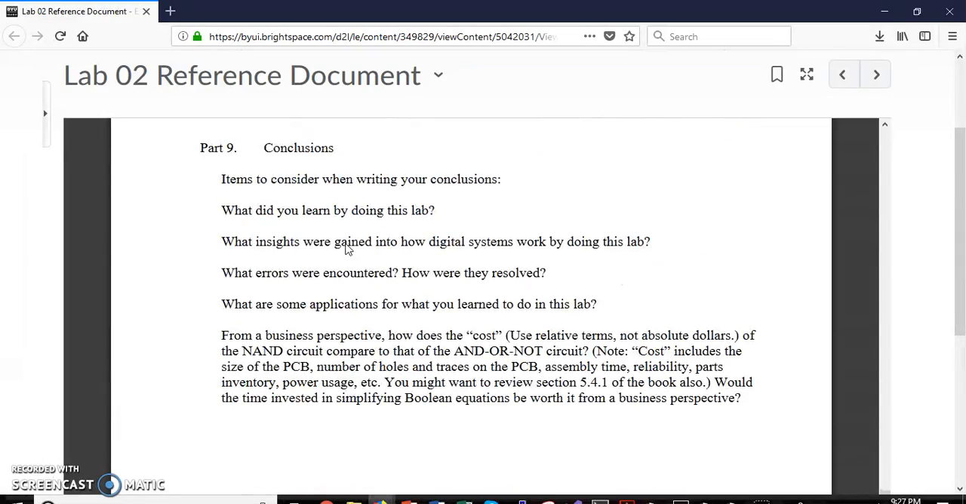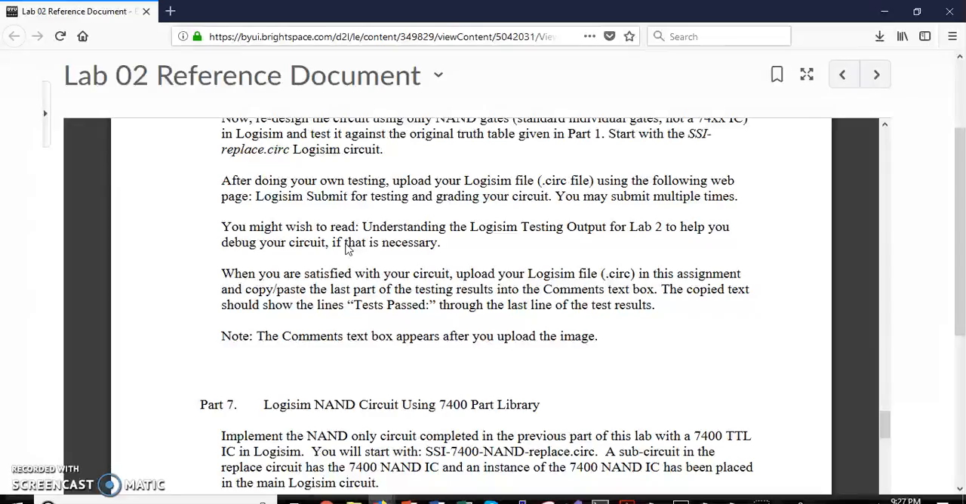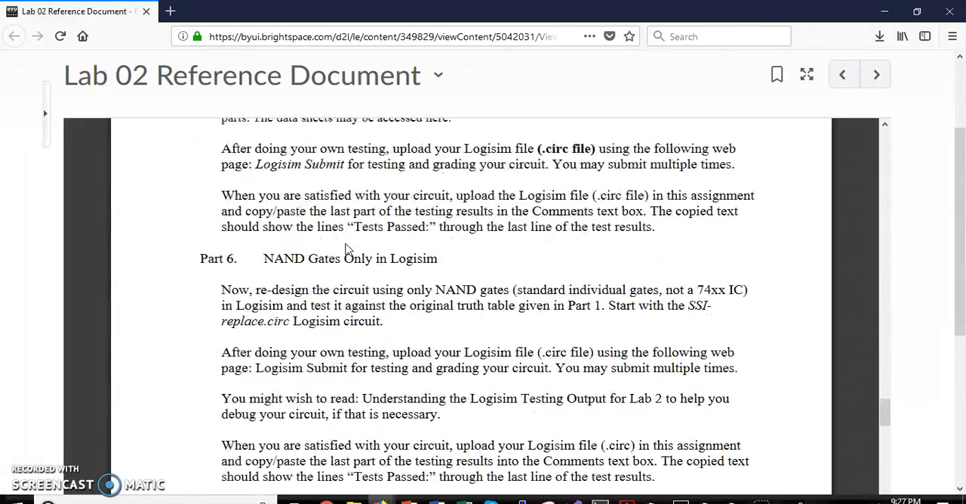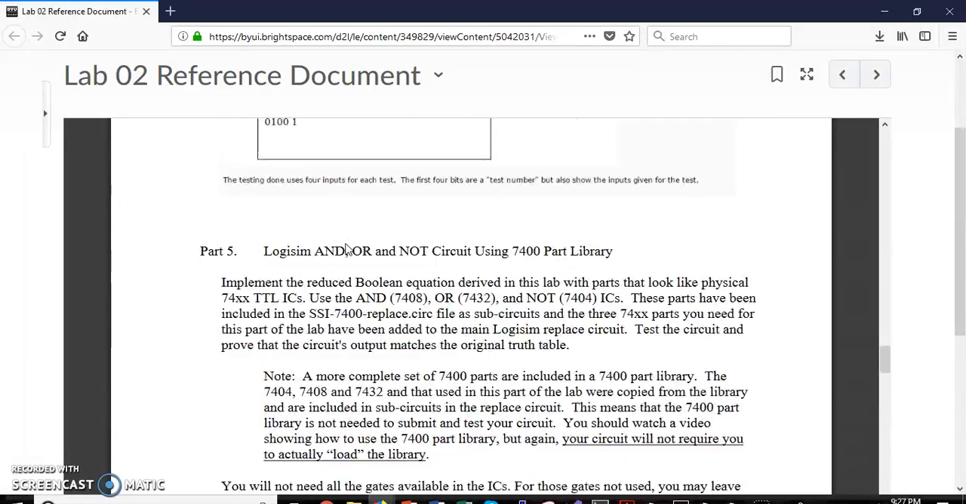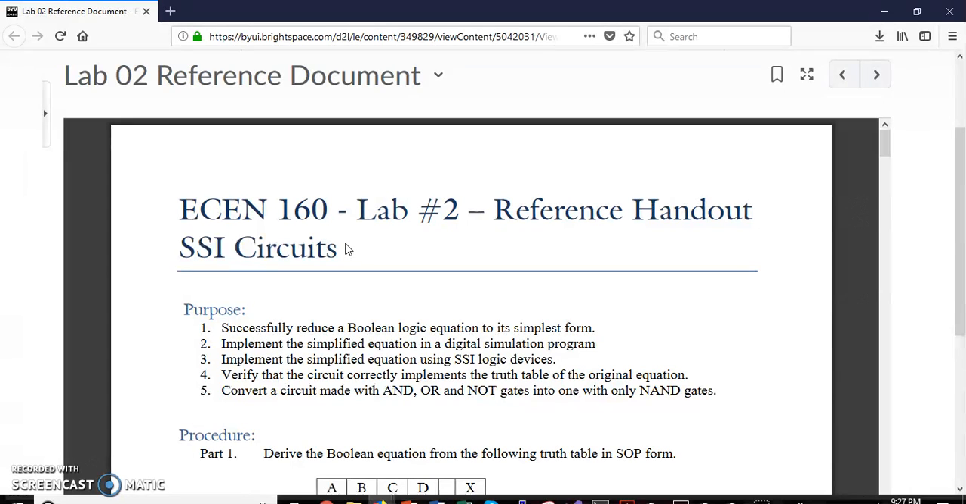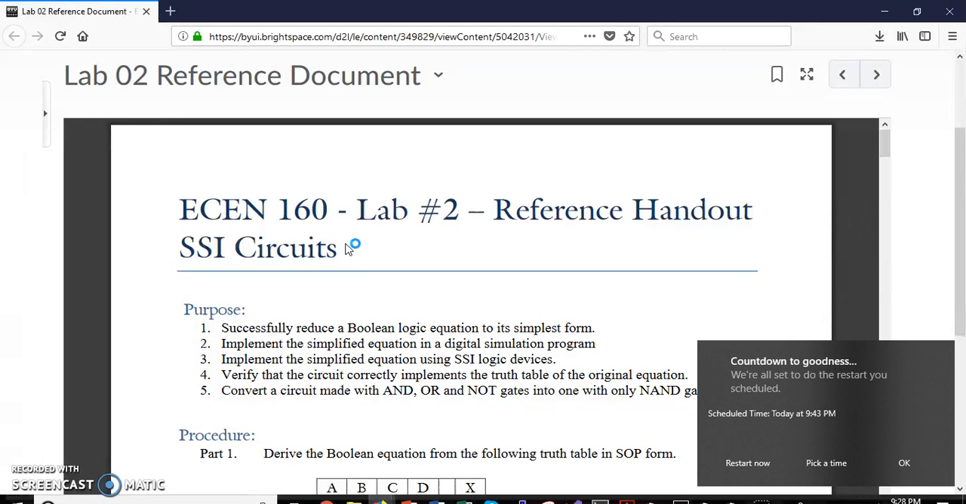And the moral of the story is that the 7400 series chips are a really great way of simplifying our circuits, and also it pays heavy dividends to properly simplify your Boolean equations before